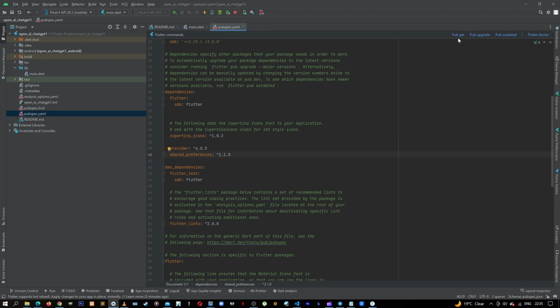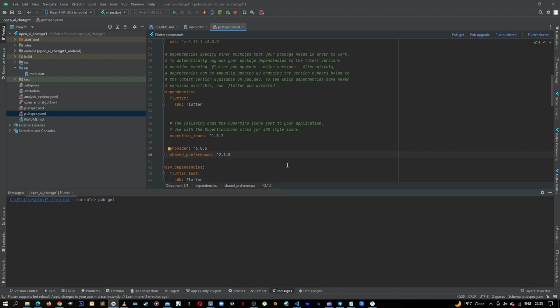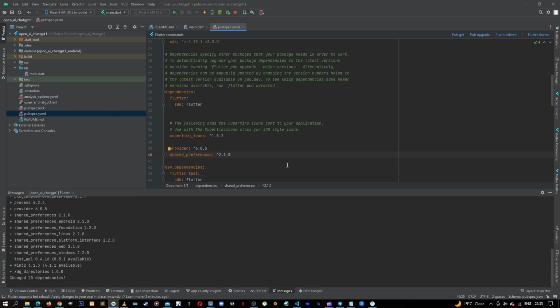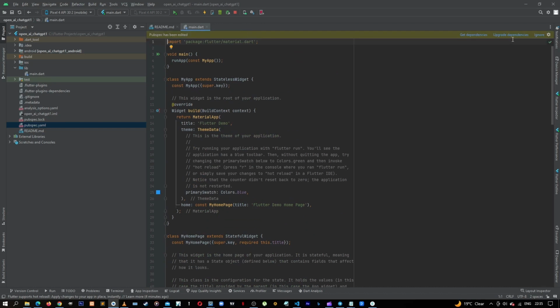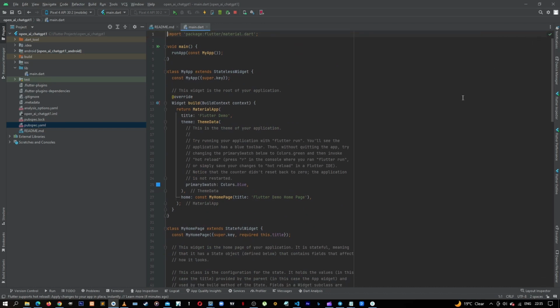Once this is done, let's click on pub get. Okay, process finished with exit code 0. That's good. Let's minimize this and close our pubspec tab. So we can also ignore this. The next thing to do now is